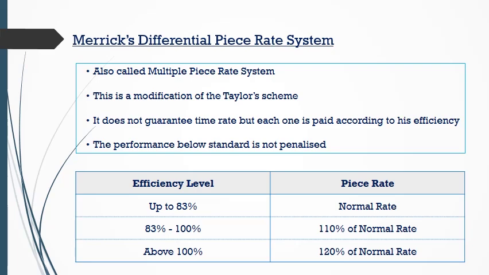Now, how are the wages paid to the employees under Merrick's differential piece rate? That is dependent on the efficiency level. If the efficiency of the employee is up to 83%, he will be paid a normal rate. If the efficiency level is 83 to 100%, he will get 110% of the normal rate, and if it is above 100%, he will get